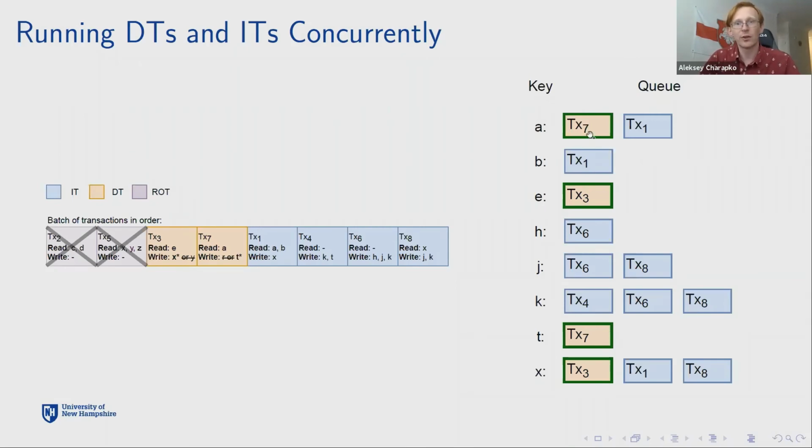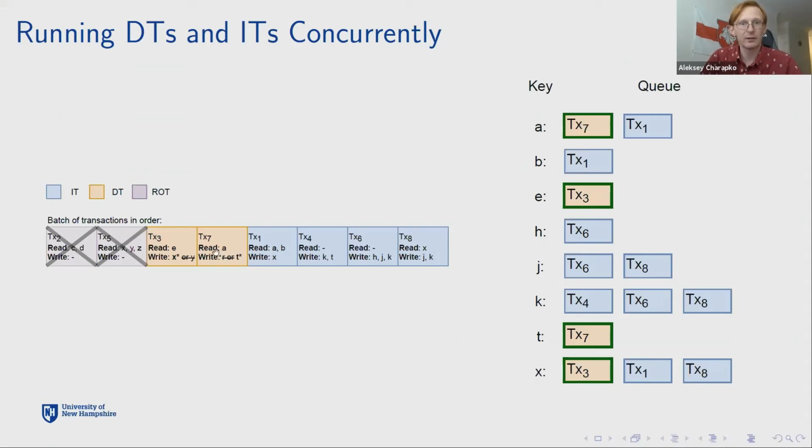And Prognosticator, when it runs the transactions, it will only look at the transactions that are at the first position in the queue, right? So it's this head of the queue, and it will run the transaction when all of its components are at the head of the queue. So if we look at transaction 3, it attaches two keys, E and X, and they're both at the head of the queues in their specific keys, so we can run transaction 3.